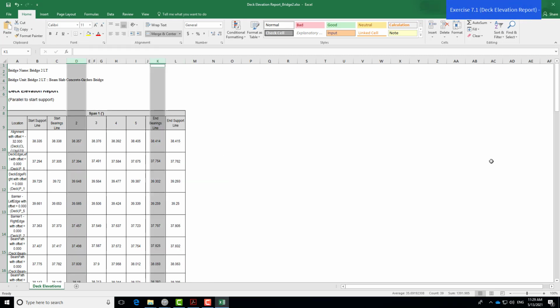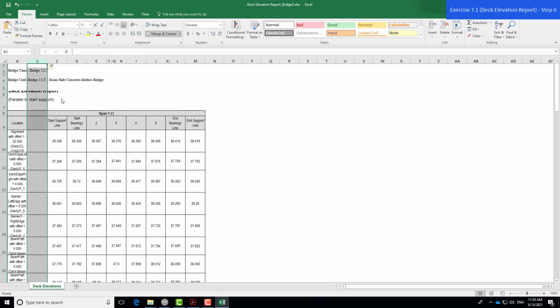Another thing that we want to do is add a location. This is the location using the OBM terminology, but we'll go ahead and insert a column here, and we will call it what we want it to be called based on how we report it in the finished grade elevations. So we'll call this PGL,